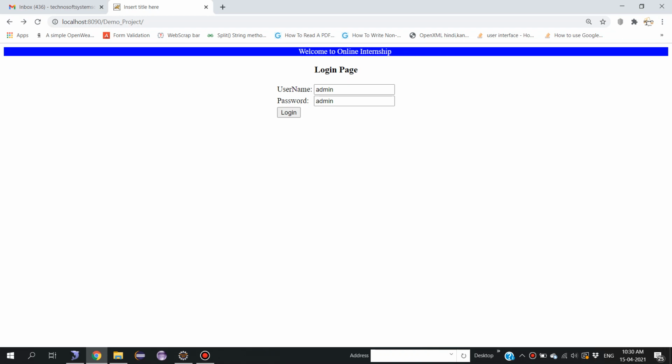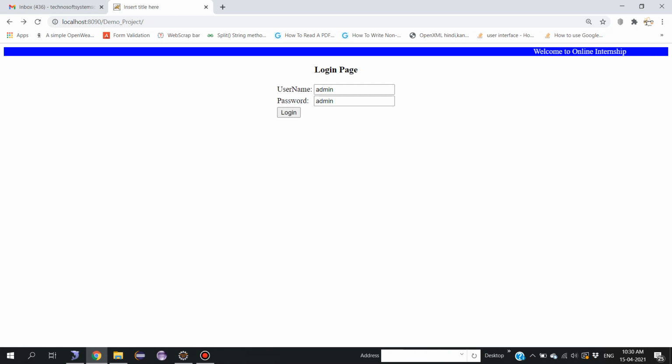In this session we learn how to display the particular product details from the table. In the previous session we learned how to display all the product details from the table, but in this session we will try to display only the particular record from the table. How to do that? Let me show.